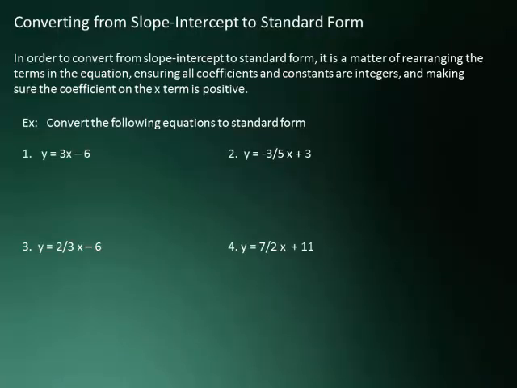Okay, next we need to be able to convert from slope-intercept to standard form. And what we want to do is rearrange the terms in the equation, and then make sure everything is an integer and that the x term is positive. So first, when we talk about rearranging,